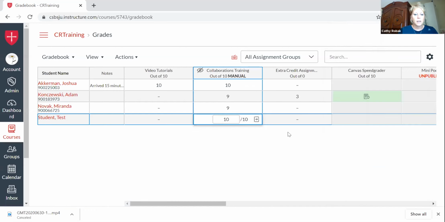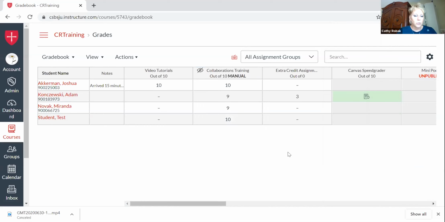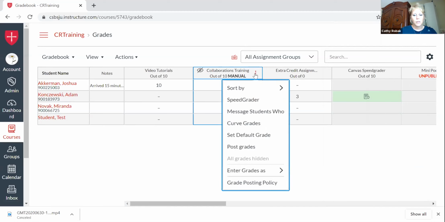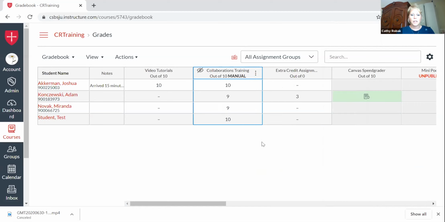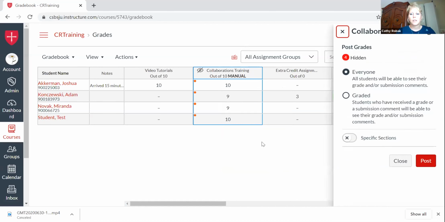But now that I've added everybody's score in, to release those scores so that they get a notification and can see them, I have to go back to those 3 dots and I have to post the grades. So after I go in, I can now post those grades, and it's asking me, there's 4 that are hidden. Do you want to post it for everyone or only those graded? So maybe you didn't get a chance to grade all of them. You could just say those that are graded or specific sections. But now I'll post these,